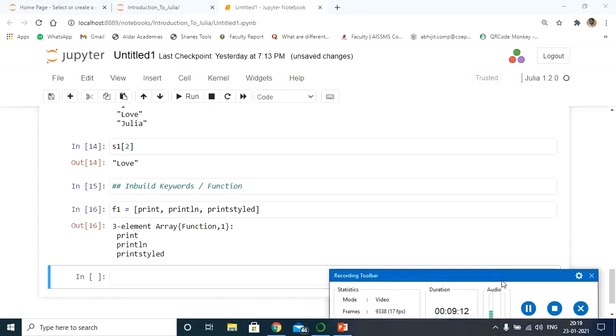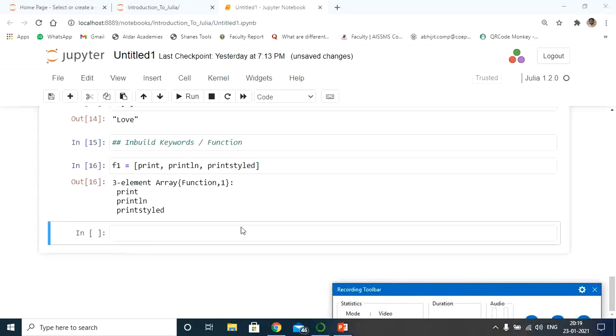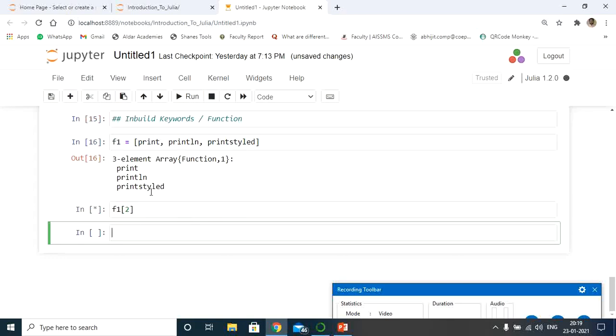Now you can see it gives me the elements println and printstyled, and the type of the array is mentioned as function type array. Similarly, we can access elements using the same technique we used in our previous examples. Let's say f1 of 2, I want to display the second element of my function type array. So it should give me the value as println here.